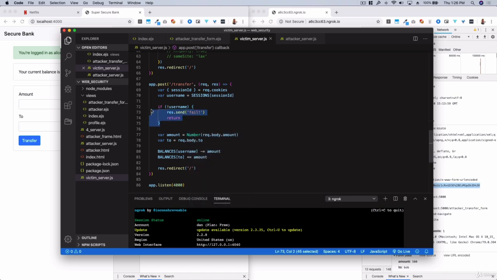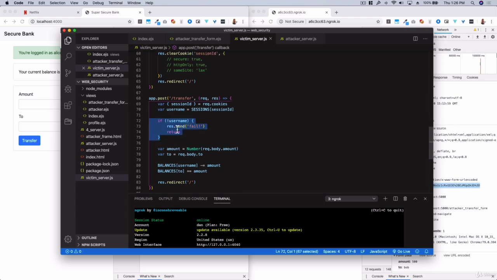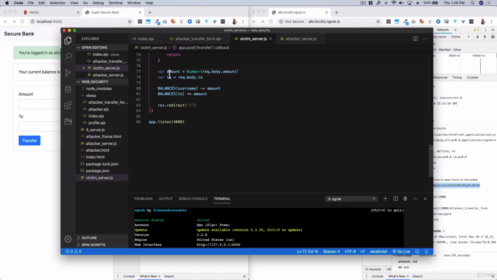Then we know that they shouldn't be able to transfer any funds if they don't have a session active. If they do have a session active, then we're going to get the amount from the body that they want to transfer, and we're also going to get the "to" from the body, to whom they want to send it, and then we're going to deduct